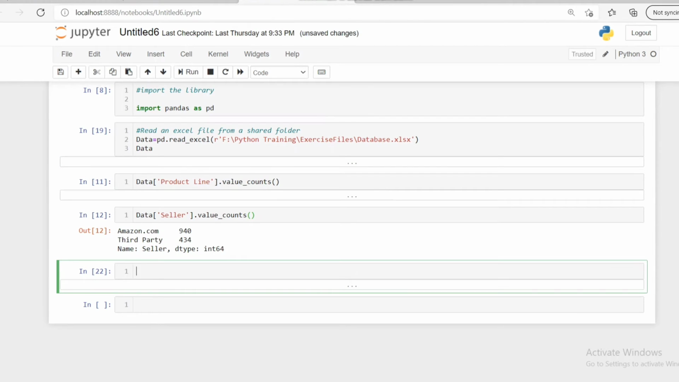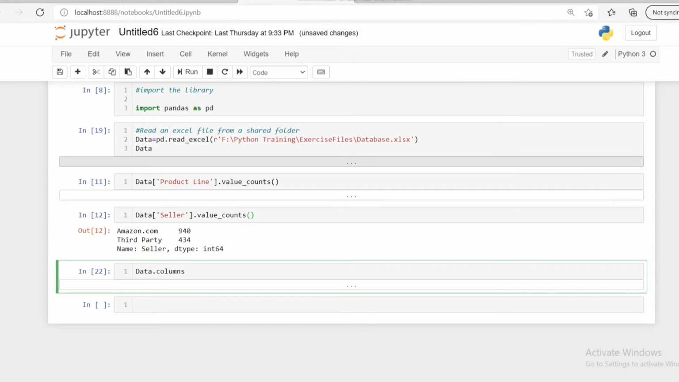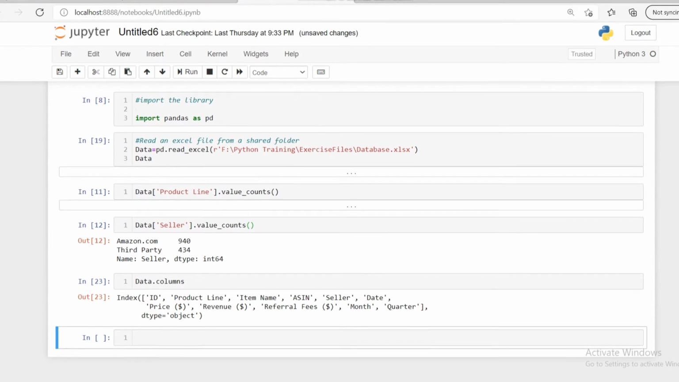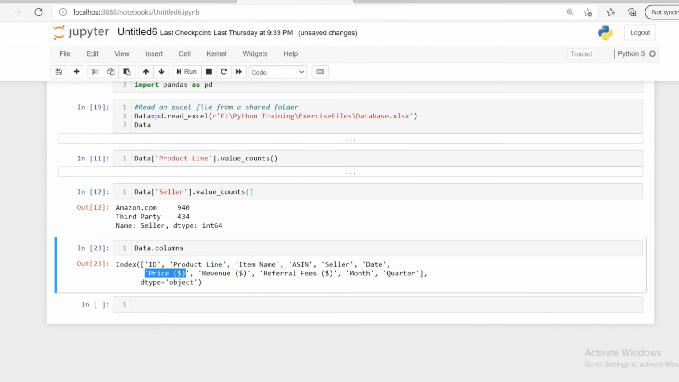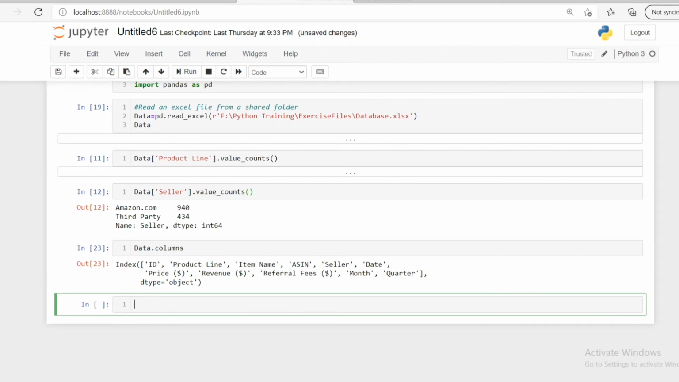Before applying the group by, it's very important to get the column names. So how to get the column names? It's very simple. Data, the data frame name, dot columns. Run, and you will be able to get the list of columns. Now we are going to group by the product line as well as the seller, and we are going to get the total